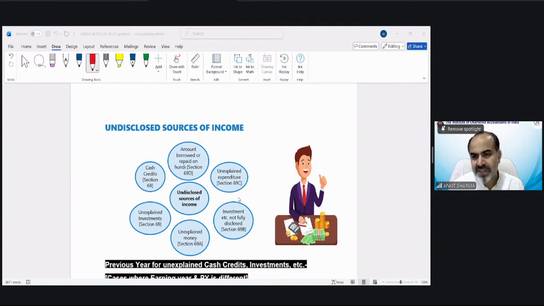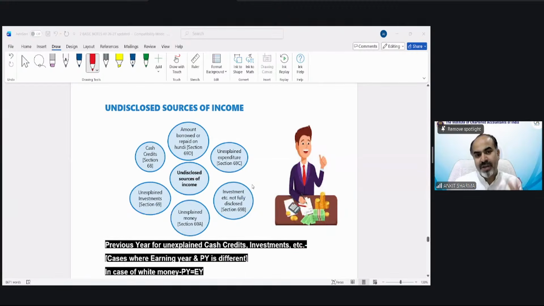The sale of business will be taxable? Sale of business is not exactly the term. You sell your shares, etc. If the profit arises, in that case, that is going to be taxed on sale of share, that is going to be taxed in capital gain. Absolutely correct. Okay. So one new concept again we are going to discuss: undisclosed source of income.